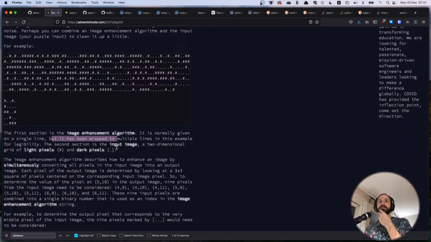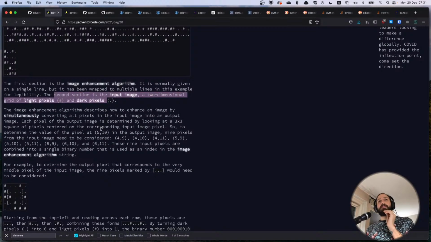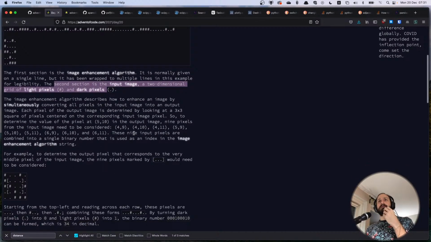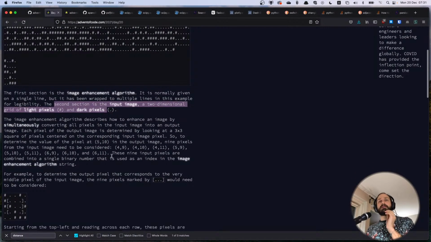It is normally given as a single line, but it's been wrapped to multiple lines for legibility. Yes, all right. So each hash is a light pixel and each dot is a dark pixel. The second image is an input image and it's two-dimensional. So the enhancement algorithm takes each pixel and we use that as a reference to know what the pixels should be. And in this case here,